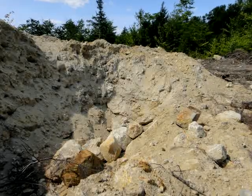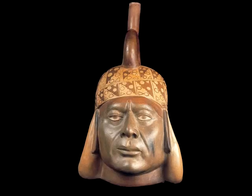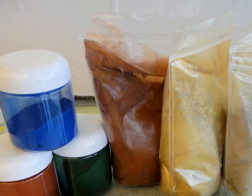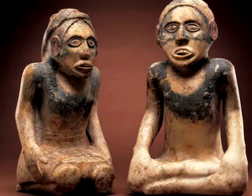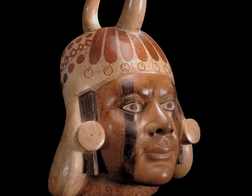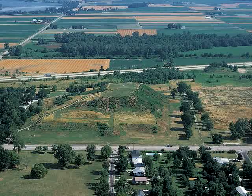The earth has been the source of many materials used to make art. Clay is the raw material for ceramics. Colored stones and soils make paint pigments, and stone is carved into sculptures. As well as extracting materials from the earth to make art, for many centuries, humans have shaped the earth itself